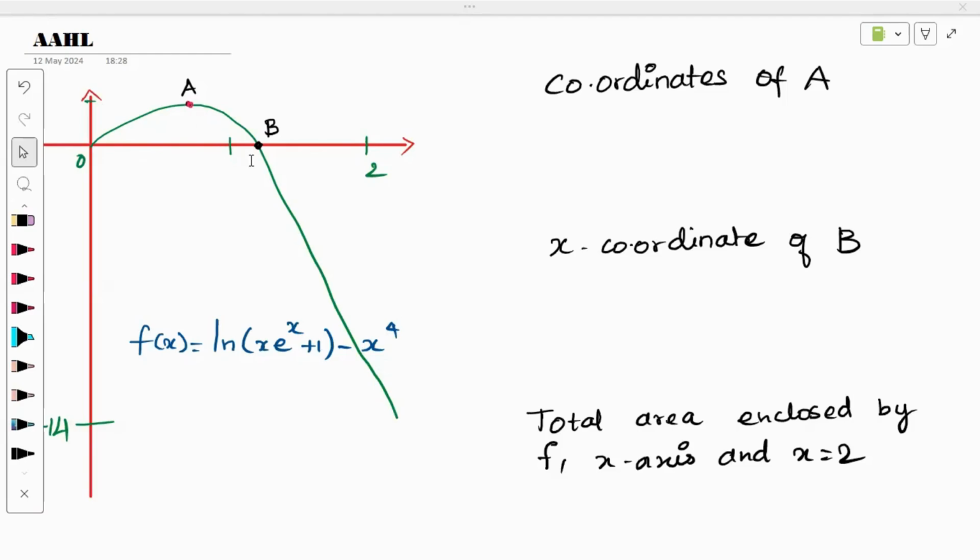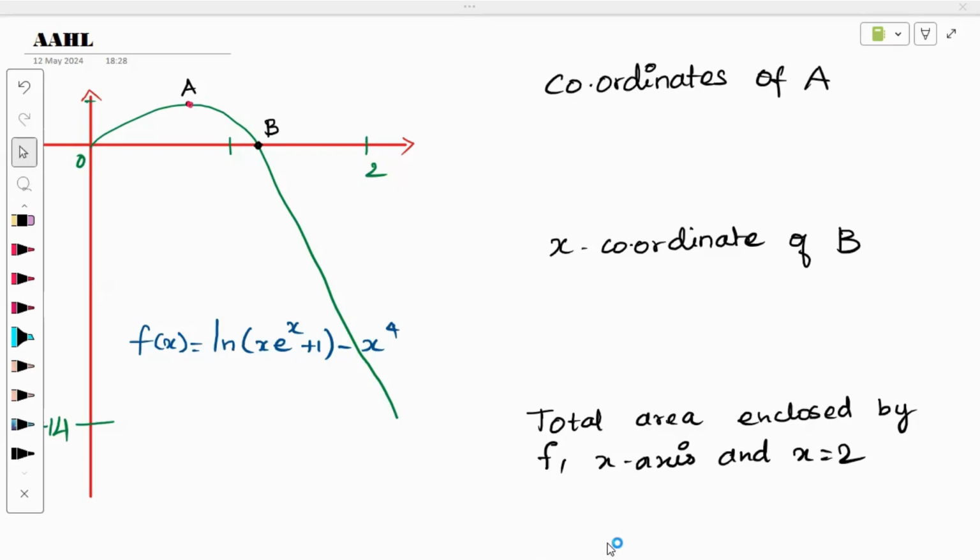And two points have been marked, which are A and B. We need to find them. Then the area enclosed by the graph, the x-axis and the vertical line x equals 2. Yes, so this also we can easily solve using